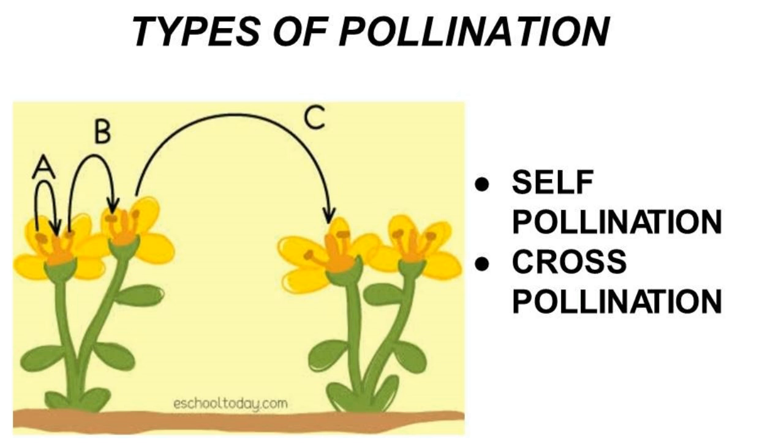Plants do not need to produce pollen grains in large quantity in self-pollination. It does not produce changes in the characteristics of new plants. In cross-pollination, the plants need to produce pollen grains in large quantities to increase the chance of pollination, because it is pollinating from one plant to another plant. Cross-pollination introduces variation in the characteristics of new plants.